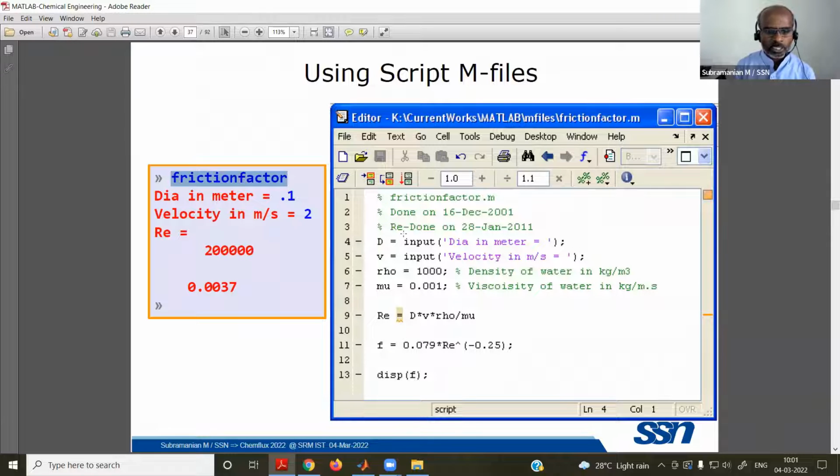In the command prompt, simply type the file name. So I have this file, friction factor.m, available in the current working directory, which is supposed to hold M files. Of course, you can use your own name, whatever the name. You can change the working directory. These are all simply DOS commands. And we need not say much about that. If the file is available in the current working directory, you can easily type that file name and it will be processed and you get this output.